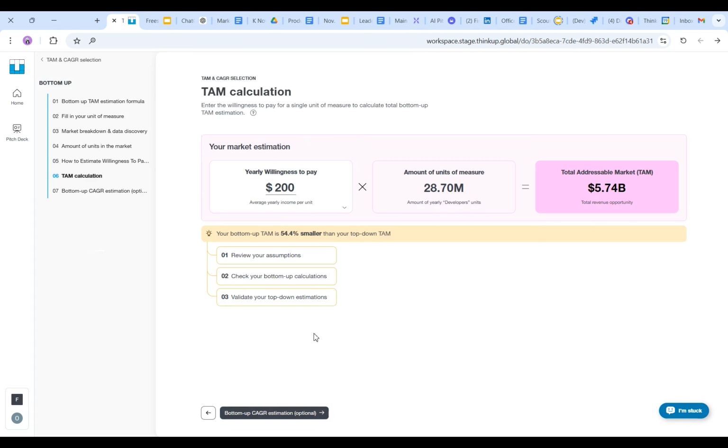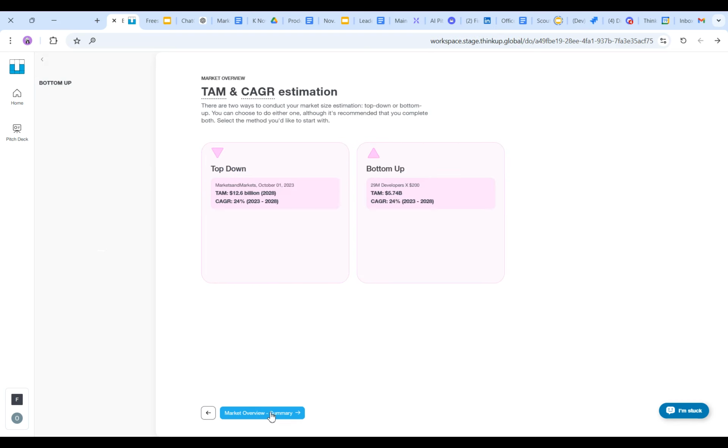Let's find out what's the size of the market. So we believe there's a willingness to pay, annual willingness to pay for that kind of a product per seat of $200. That's an average IDE annual cost per developer. So if an organization would buy it per seat, it would pay $200 per developer per year. That would bring us to a total TAM of $6 billion. Let's use the same CAGR from top down, and we can see that